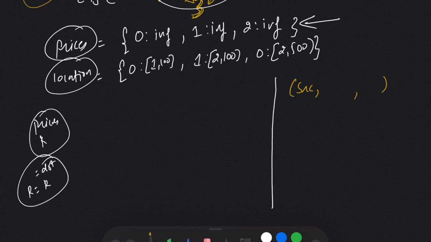So what will be my k? I cannot keep my k equal to 0 because when I'm at my source and I haven't traveled anywhere, how can my k be equal to any value? So I will keep my k equal to -1, and as I am still at my source, I will keep the price also equal to 0. So you can say if I need to go from this point to this point, I'm still here. So my k is -1, my price is 0, and I'm at source.